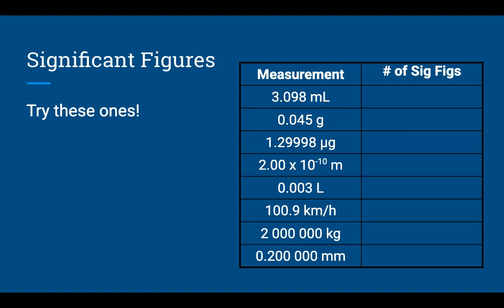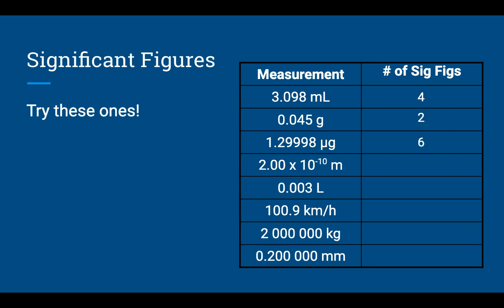Here are some measurements for you to try and figure out how many sig figs there are. I recommend that you hit pause on the video, try to figure out the number of sig figs in these 8 measurements, and then once you have, you can unpause the video and check them. So here are the answers. This 3.098 mils has 4, 0.045 grams, 2, 1.29998 micrograms, 6,